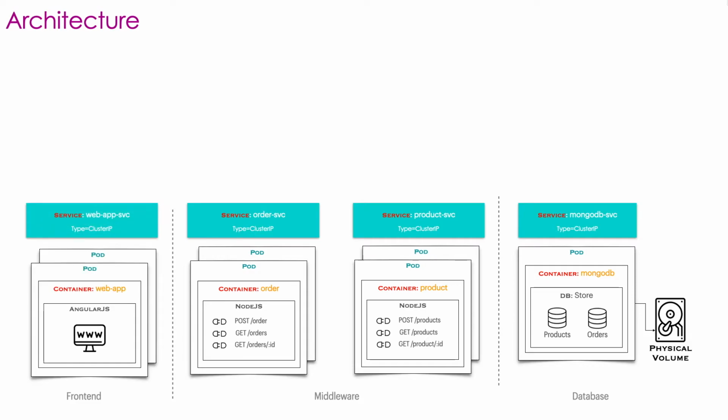Moving along, we have a very similar architecture for the front end. Once the front end is built, it is set up in a container and then referenced inside one or more pods, just like the middleware. So in general, as you can see, we have done a few levels of separation here. The first separation is in terms of the layer of your architecture, whether it's front end, middleware, or database. Within that layer, we then have the possibility to even split the app further, for example in middleware, where we have split the orders and the products. And last but not least, we also have separation to scale each of the components independently.